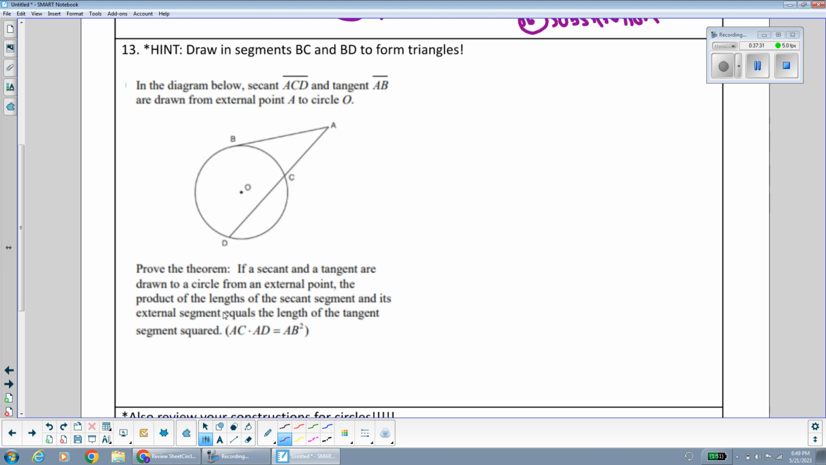So I see here that we're proving a product. And remember, you can also write this as AB times AB instead of AB squared to get a better sense of what's going on. So before we can prove a product, we have to prove a proportion. And before we can prove a proportion, we need to prove that the triangles are similar. The hint that I added in here, this was actually a Regents question and they didn't give a hint, but the hint that I added was, since we need to prove triangles similar and we don't see triangles, let's draw in BC and BD